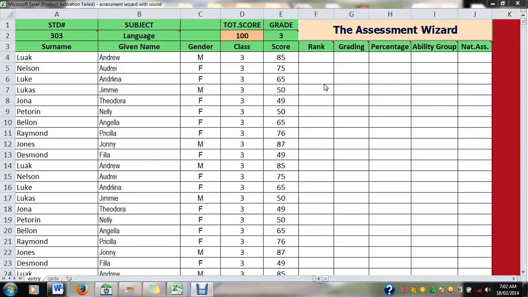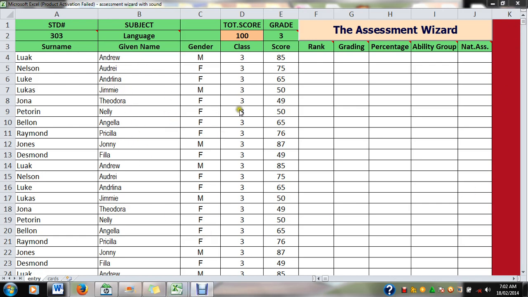Do a demonstration here by assessing grade 3 students so that you will have a fair idea of how the assessment is run. You will find that the names in the list are repeated. Like I have Luwak here and Luwak again somewhere here. There is a repetition of the names. Really, I just want to put names here so that you will see